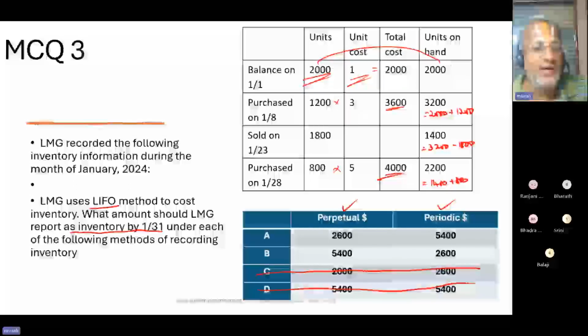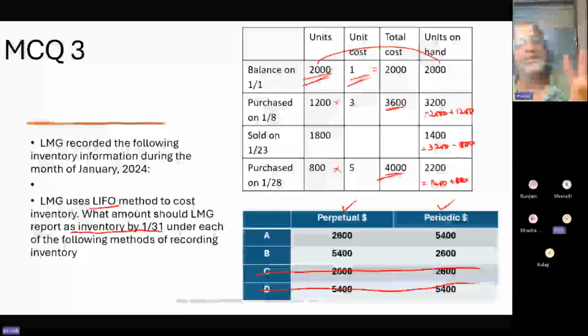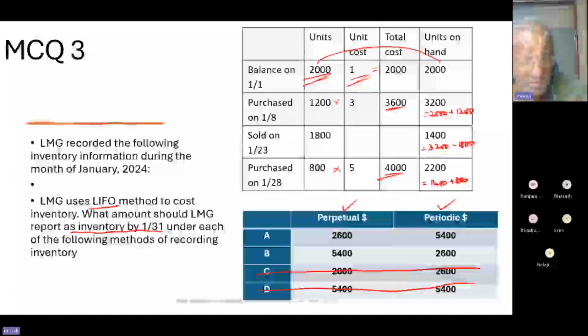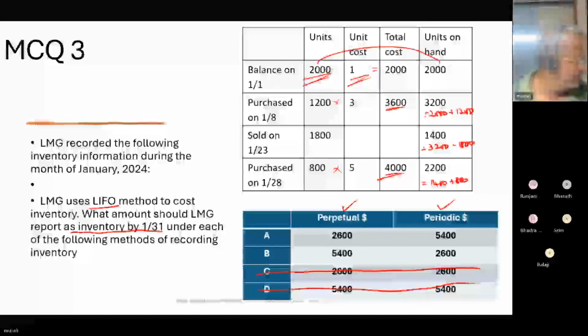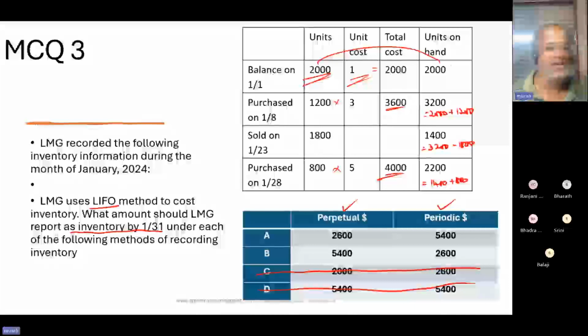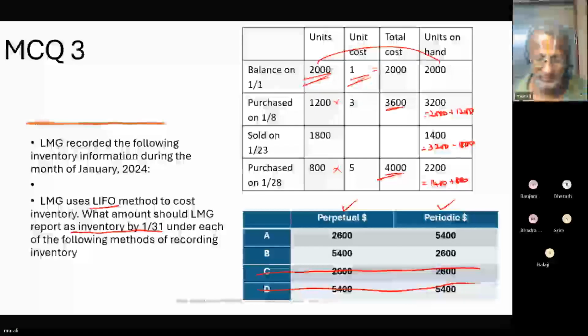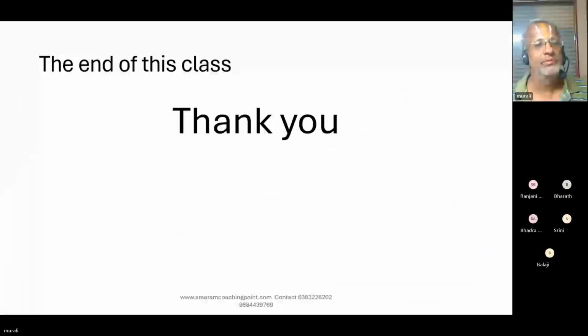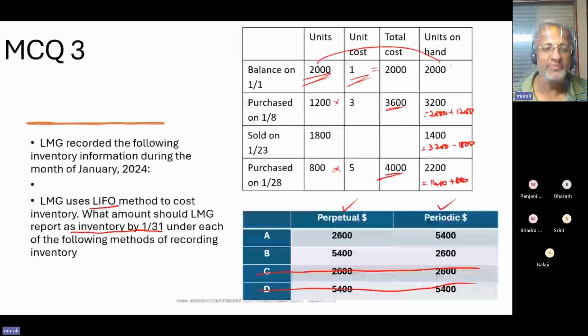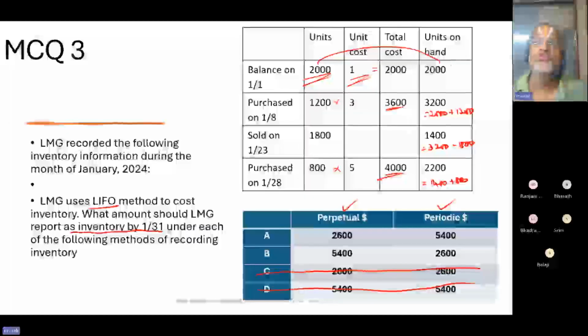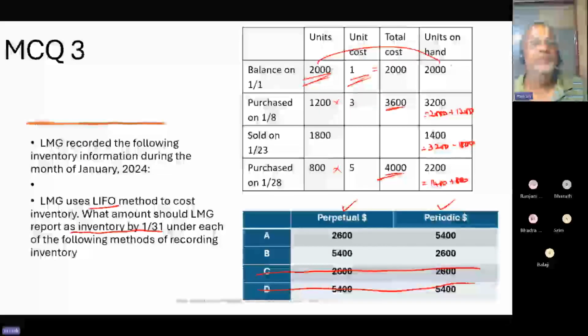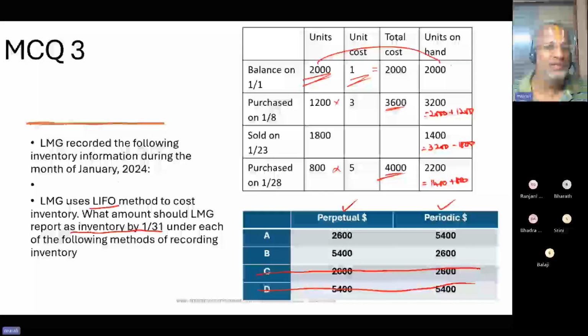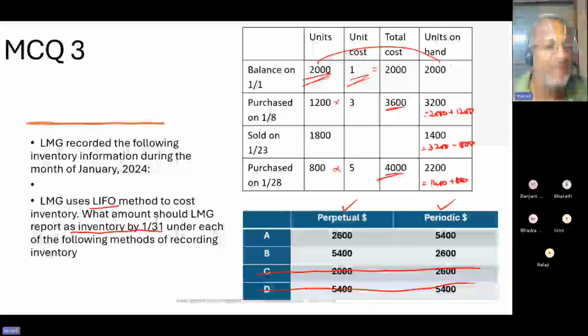Anyway, I'm telling you, you can just go for a screen capture and complete it. Not a big deal. Let us toss the coin. The end of this class. Thank you. But anyway, I'm just giving you once again, you take a click, and I would be feeling very happy if you give me the answer within 5 minutes after the end of the class.